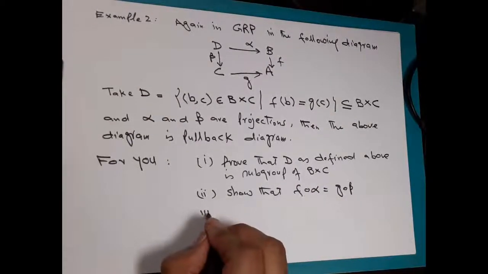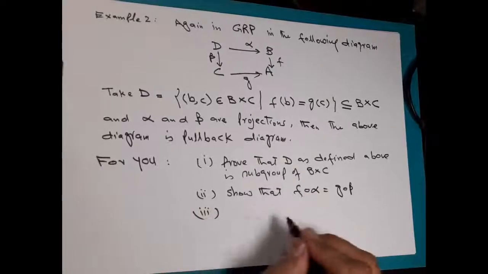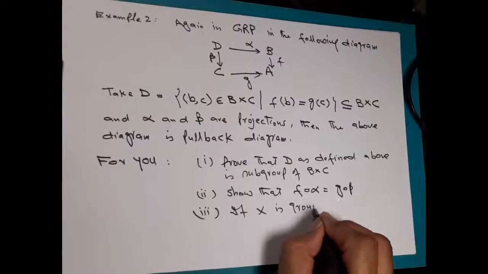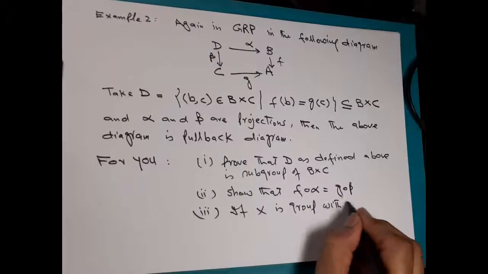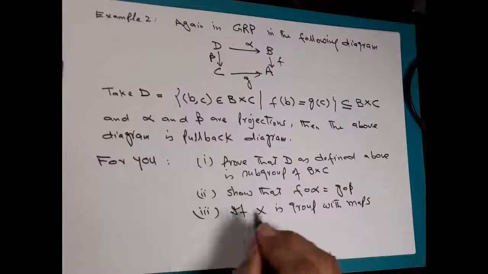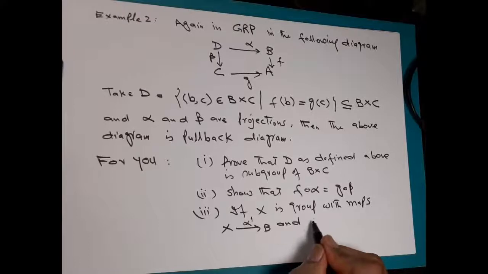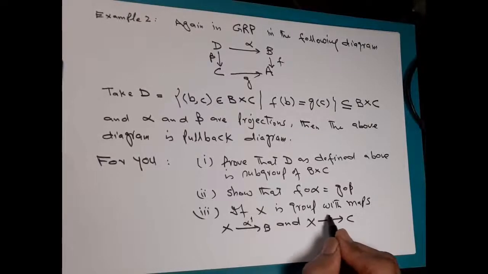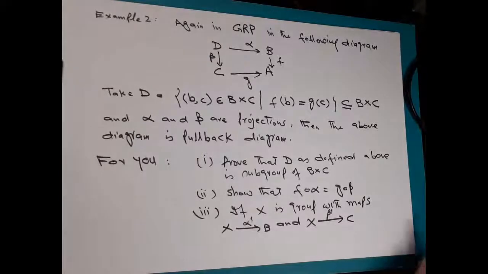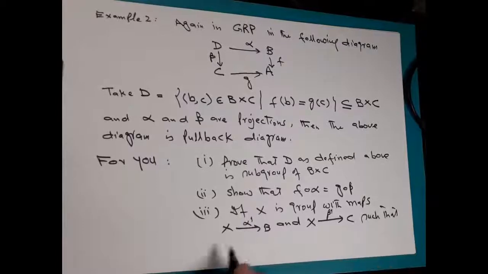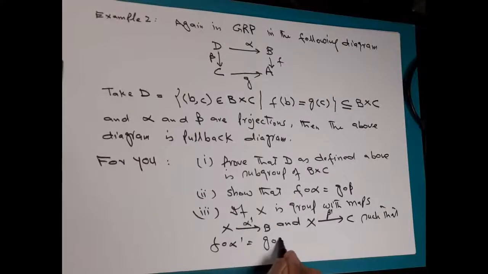And thirdly, if X is a group with maps from X to B, call this map alpha dash, and from X to C, call this map beta dash, such that F composed with alpha dash is equal to G composed with beta dash,